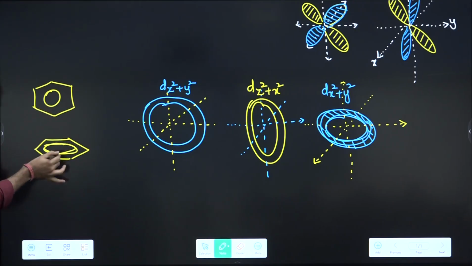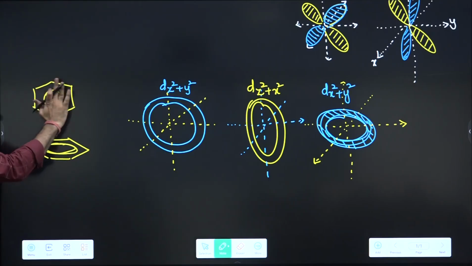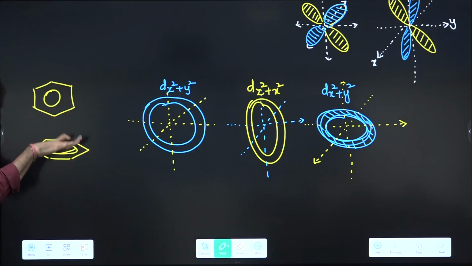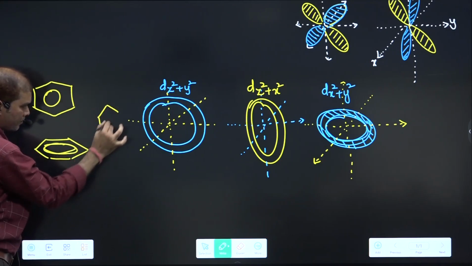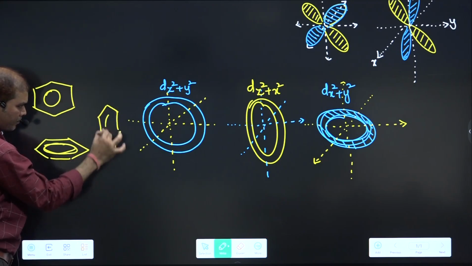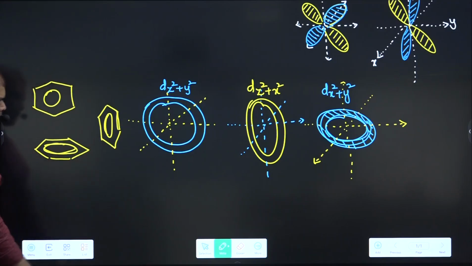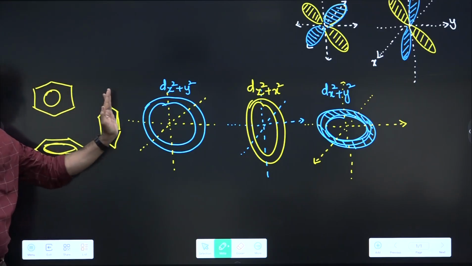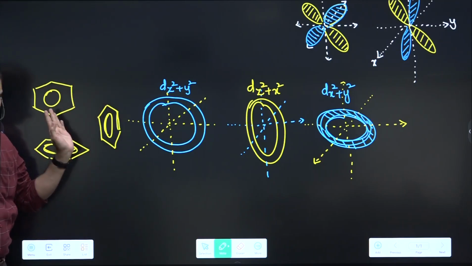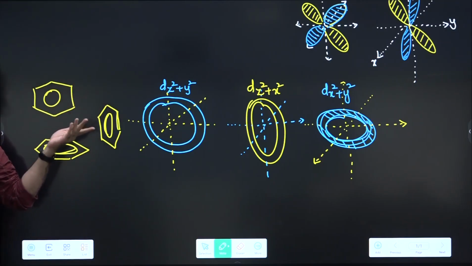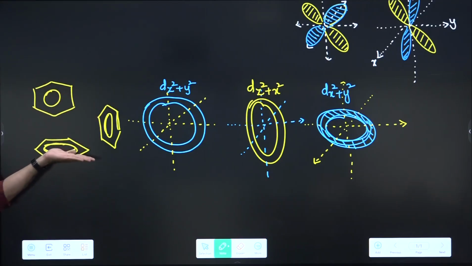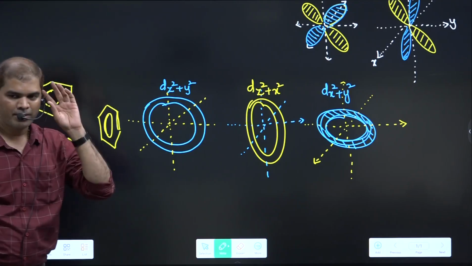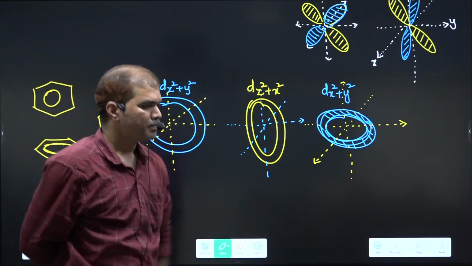If I draw it like this or like this, you have to imagine that I'm drawing in the YZ plane, or in the XY plane. Suppose I draw it in the XZ plane, this is the XZ plane. So I draw the same benzene like this. I'm correct in all three senses, but I'm orienting in a different plane. This benzene is in the YZ plane, XZ plane, XY plane. So all these imaginations have to be in your brain. Okay,